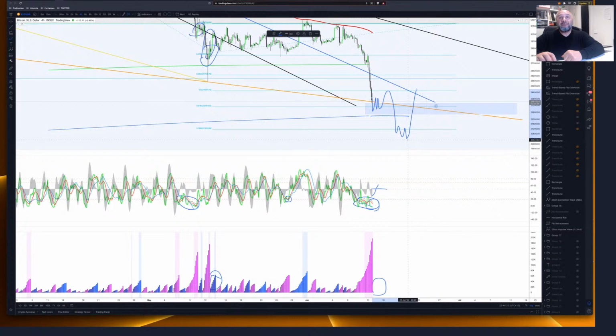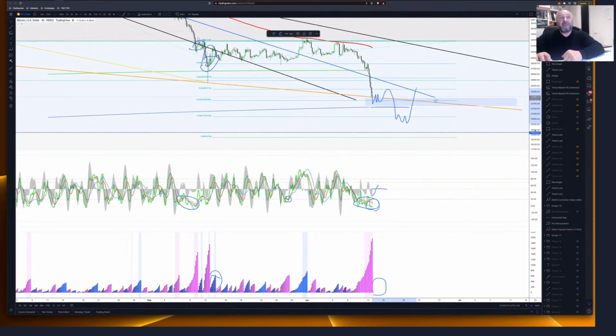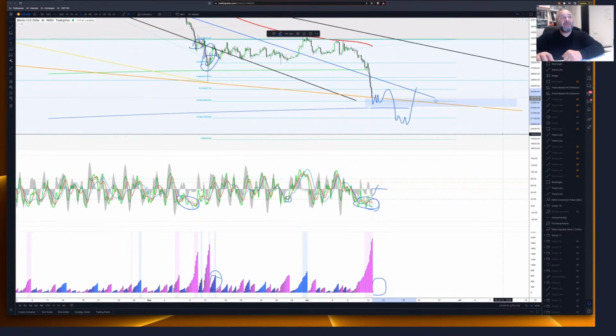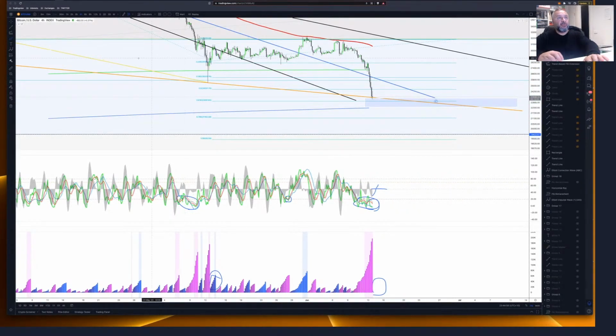So 20,000, it could go down to 19,000, it can wick. And then, ideally we want to see capitulation. This is not capitulation, this is a steady sell down, but we want to see a strong wick. And let's have a look at if there's any signs of that happening on the small time frame. So if we go to 15 minutes now,